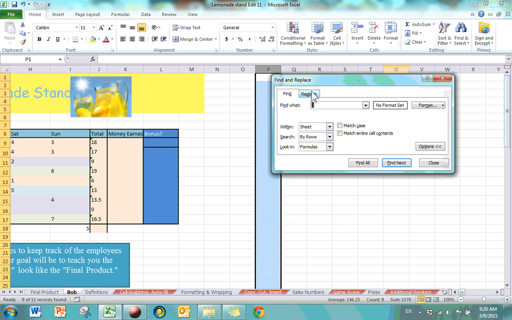And then you can also search within the formulas, or just values, or just comments. So that's a useful thing for you. Replace is going to really do the same thing, but then it replaces it. So if every time you saw,